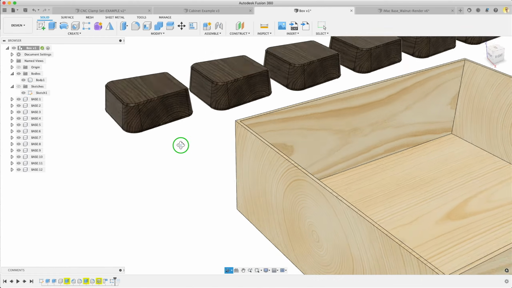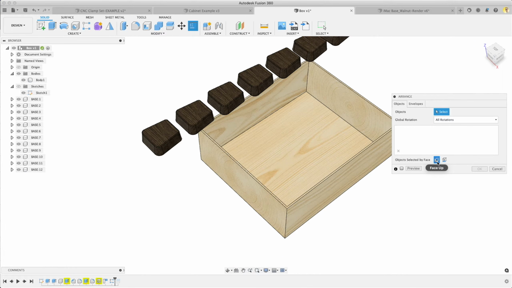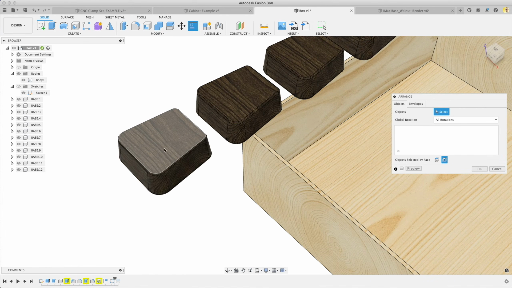And push OK. So now I've got a bunch that I can arrange into this box. If I click arrange, something new here, you can select objects by face up or face down. If you like to select your objects by the face and you want them to be face up or face down, I think I could see this being really useful for additive. If I want to select my face down and I want all the faces of the top to be on the bottom, now I can select that